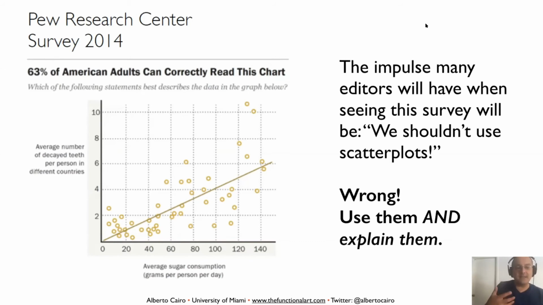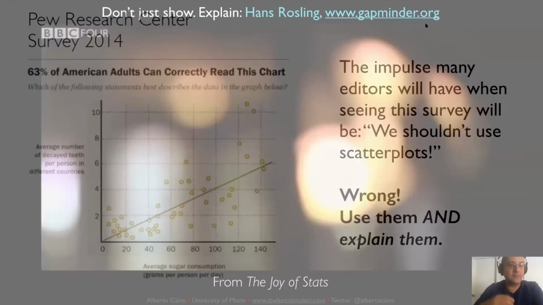So whenever you find this objection by a colleague or by an editor or by a boss saying, "Oh, our readers are not going to understand this graphic," that's a valid objection. Caring about people understanding your graphics is a valid reason not to publish a graphic. But if you believe that is the best way to represent your data, and a scatter plot is a great way to represent associations, you can argue this way: "Well, yes, of course, people will not understand it. But if we explain how to read it, they will understand this particular graphic. And not only that, next time that they see a scatter plot, they will be able to read it with no problem at all."